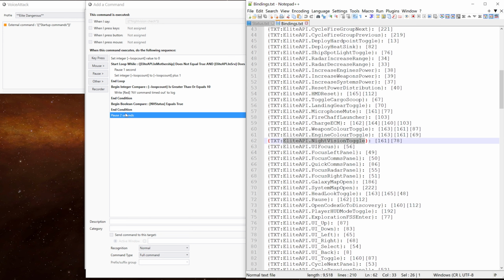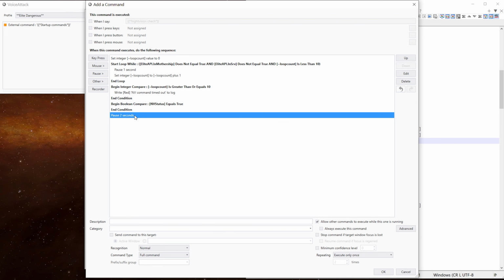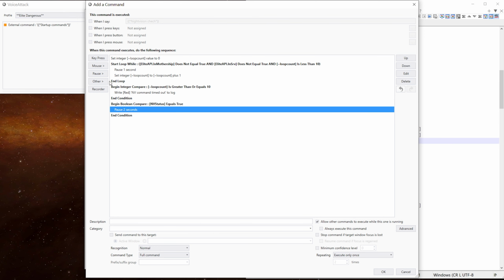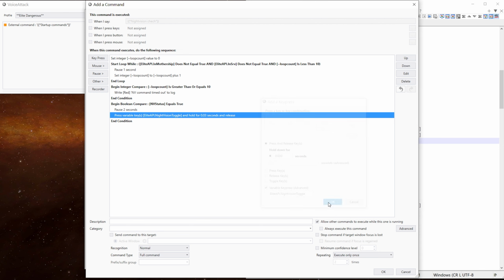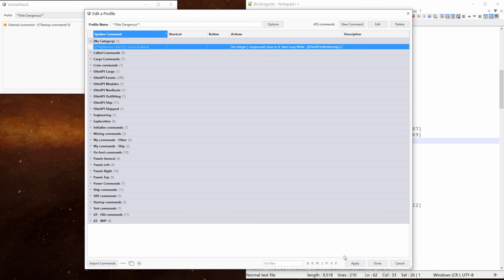Copy that. Move that up one. That's it. Then we need to press the key. And that should do the job. We can OK that. All right. Then we need that command to run when we get back into the ship or the SRV. So that's the embark